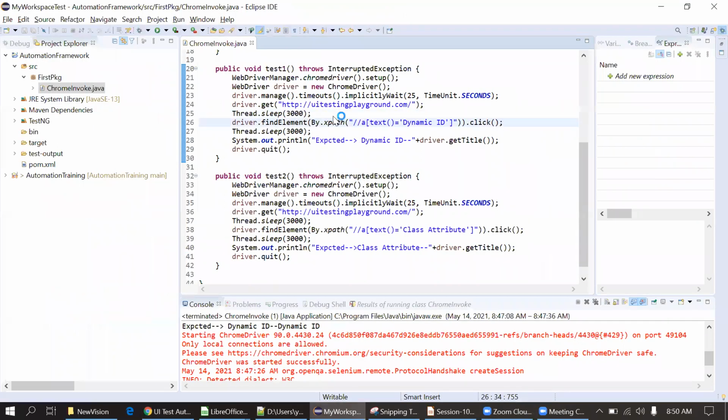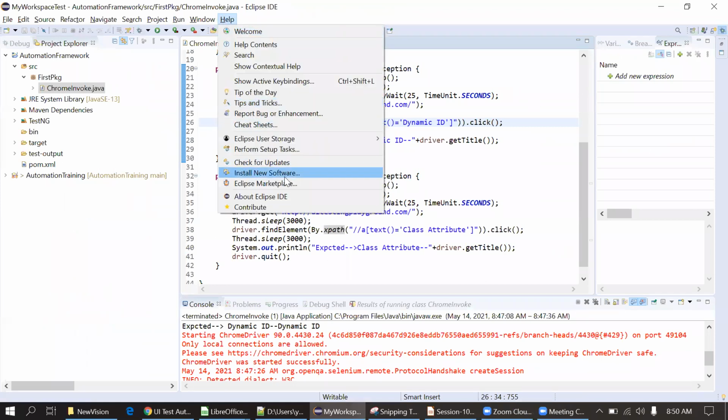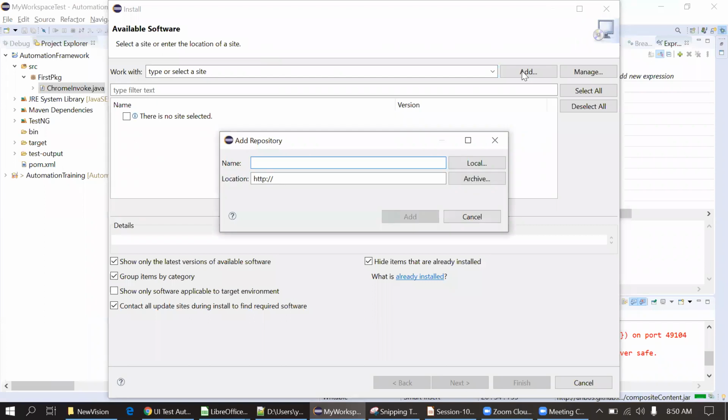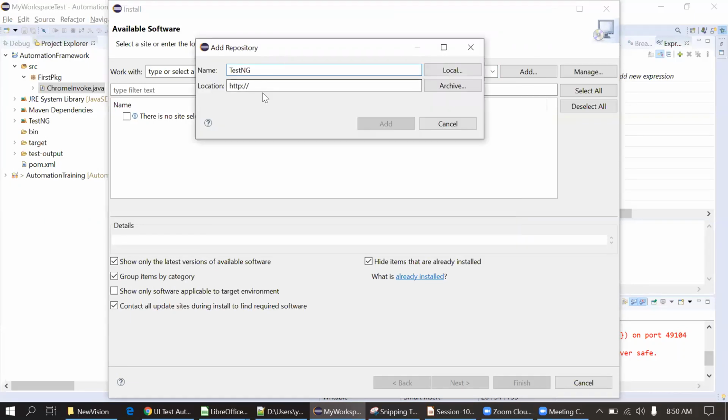So what are the steps to install TestNG? Go to the Help menu, go to Install New Software, and you can see the install window will open here. Then in Work with, you have to click on the Add button. You have to give a meaningful name, so I'm giving TestNG. You have to provide that URL that I have pinged in the chat window.